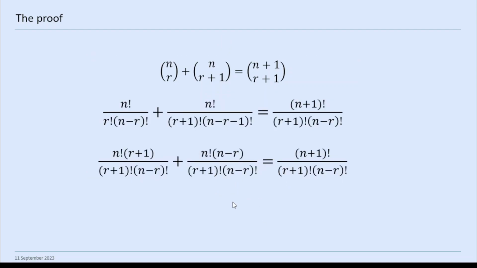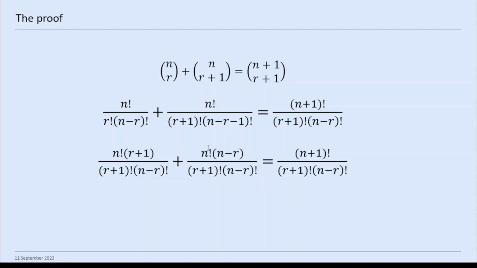So what we're going to do is put them over a common denominator. And the common denominator is the one we've got on the right, which is r plus 1 factorial times n minus r factorial. So here, to get this into the common denominator, we've got to multiply top and bottom by r plus 1. So we get n factorial times r plus 1 over r plus 1 factorial times n minus r factorial. And then to get this to the common denominator, we've got to multiply top and bottom by n minus r,